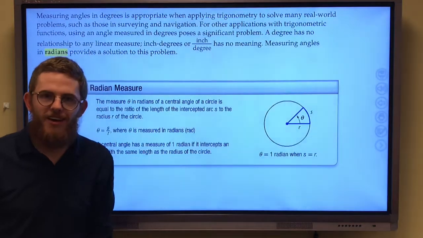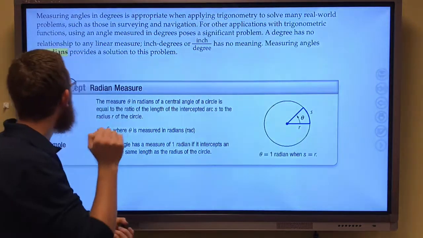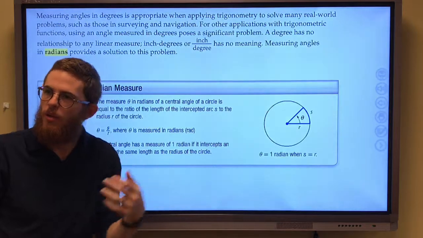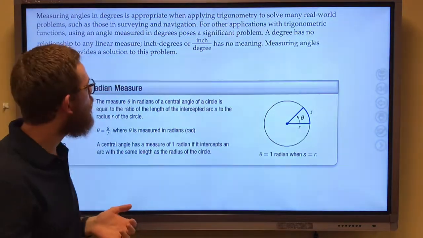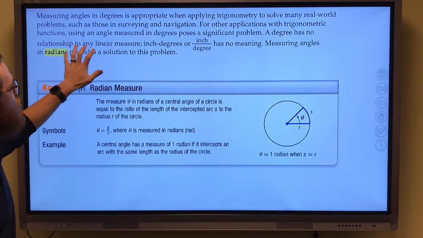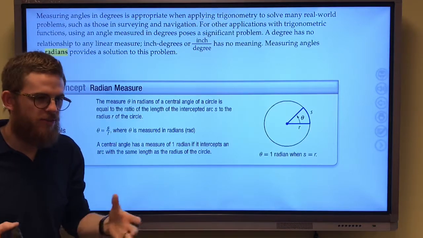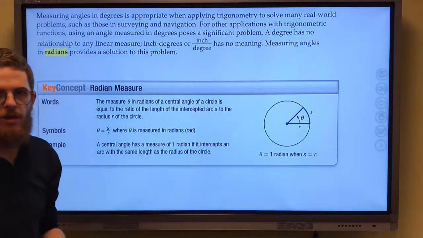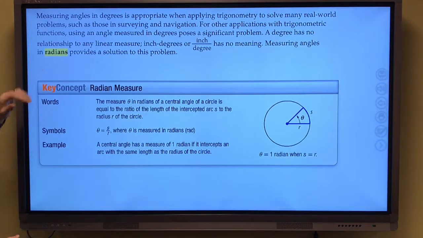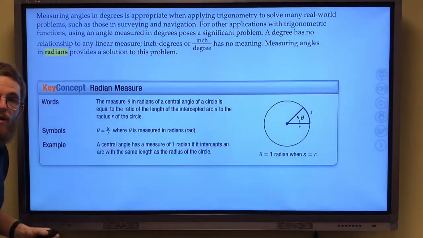This is where it starts getting exciting. We're talking about a different way of measuring an angle called radians. Here in the book they explain why radians are important, because degrees have no relationship to the actual measurement of any of the sides of the angle or to the corresponding side or anything like that. But radians provide a solution to this, because a radian is a way of measuring our angle